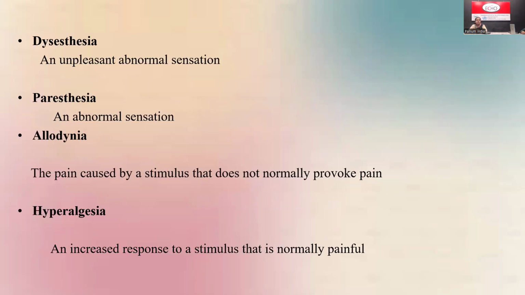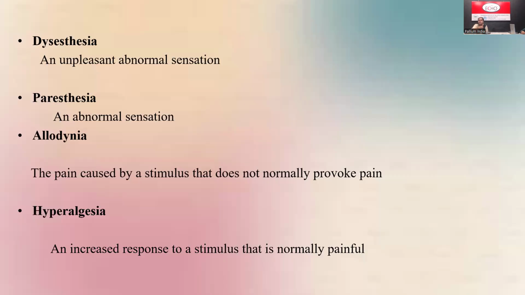And dysesthesia is an unpleasant abnormal sensation. Paresthesia means an abnormal sensation. Allodynia is pain caused by a stimulus that does not normally provoke pain. Okay, for example, the wind. Wind doesn't cause pain, right? But if the wind is causing pain for the patient, or touch, normal touch, or